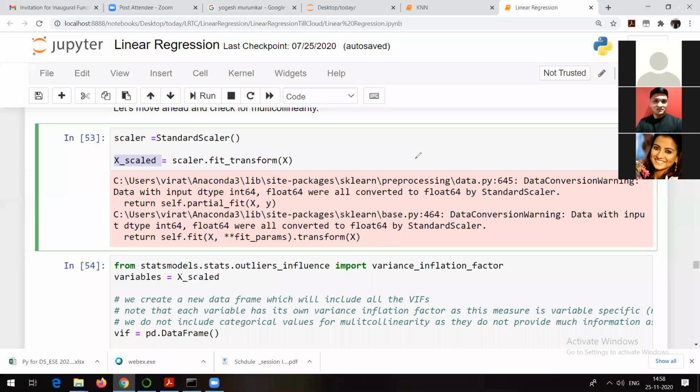multicollinearity in the data. At the start, I told you what multicollinearity is. Multicollinearity is nothing but one independent column being dependent on, or related to, another independent column. We do not want multicollinearity in our model. If it is there, then your model again will become overfitted. For example, you are going to create a model which predicts the salary of a person based on the experience of that person, and maybe based on the age of that person.